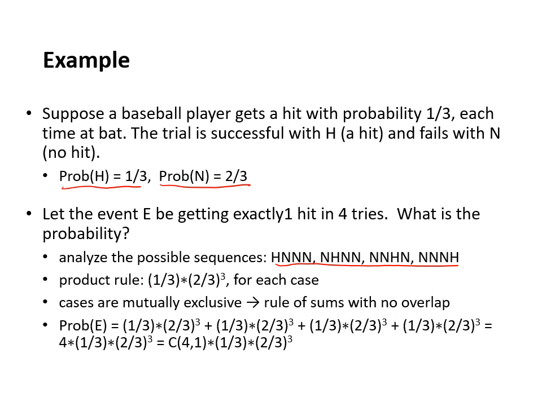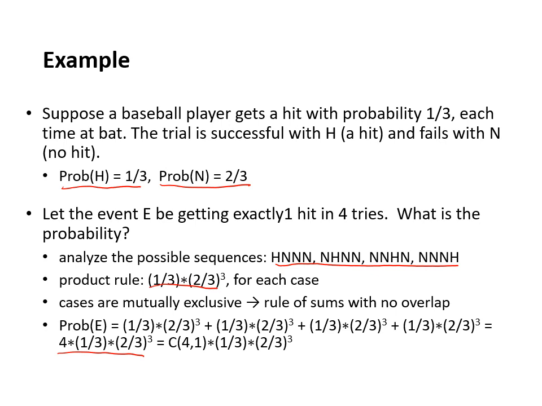It's going to be 1/3 for hit times (2/3) to the power of 3 for no hit for each of these cases. Because these cases are mutually exclusive, we can use the rule of sums with no overlap, and compute the total probability by summing these 4 times,